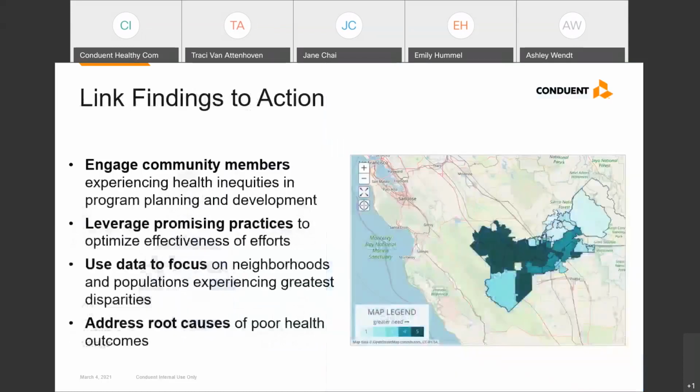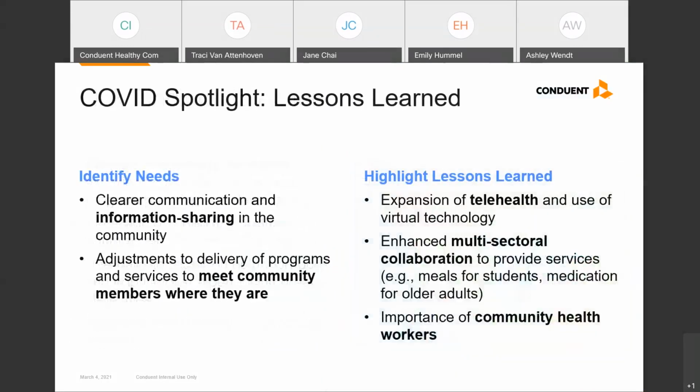So with COVID-19, we've seen something that has deeply impacted us personally and professionally over the last year. And it's been a theme we've woven throughout our conversation today. But now I want to talk specifically on a few lessons learned that we've learned through our work in the past year. And the first is areas for opportunity.